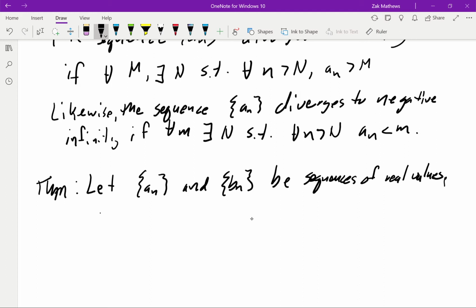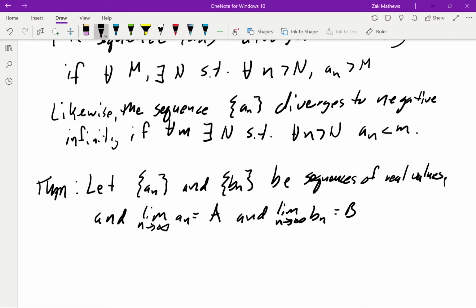and the limit as n approaches infinity of a_n is equal to, I'll call it big A, just so we can keep them apart rather than using L1, L2. And the limit as n goes to infinity of b_n is equal to big B, where A and B are just real numbers. Then,